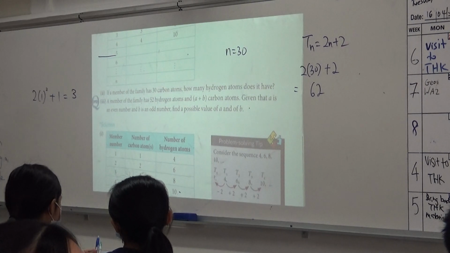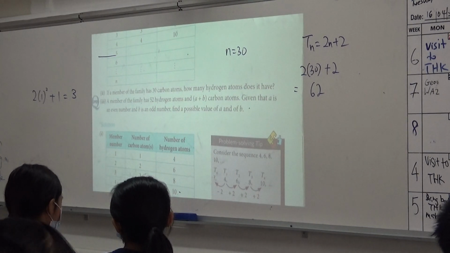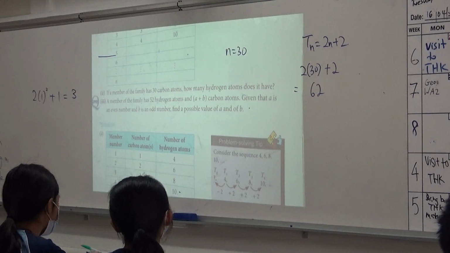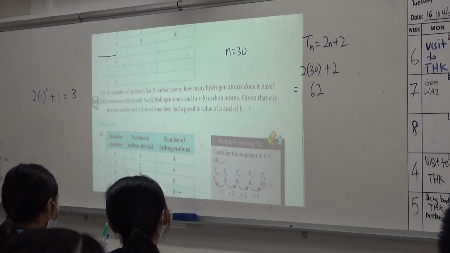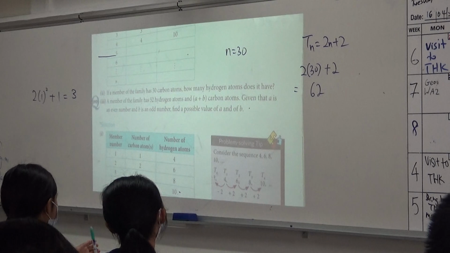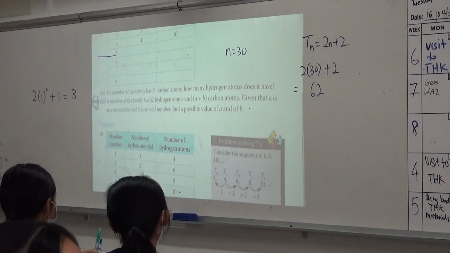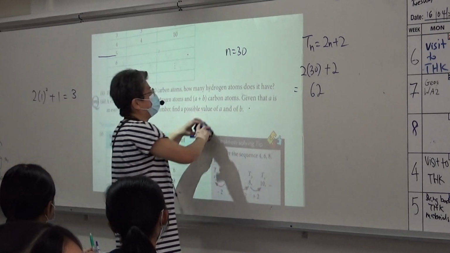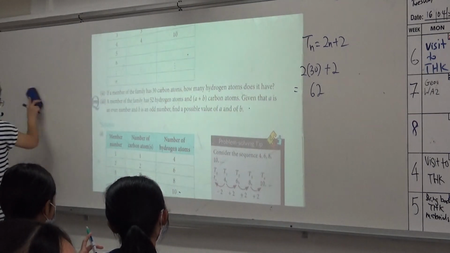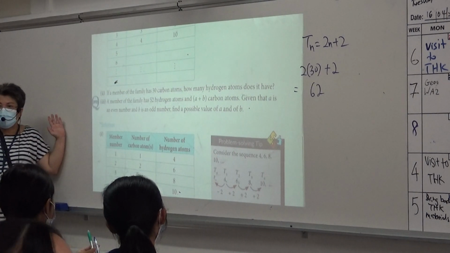Now, next is the next one that is very important. The open question of part 3. Are you ready at the back there? In front there? Part 3. A member of the family has 52 hydrogen atoms and A plus B carbon atoms. Given that A is an even number and B is an odd number, find a possible value of A and of B. That means there are many, many possible values. Okay? Now, what do we mean by that? I'm going to show you over here. That means, I cancel this. There's a particular